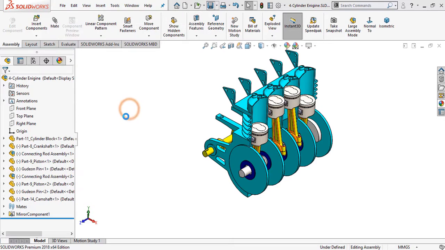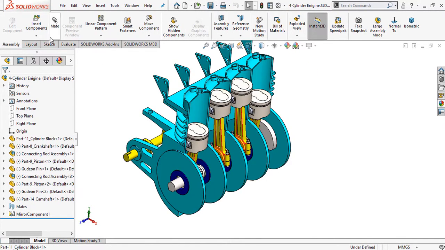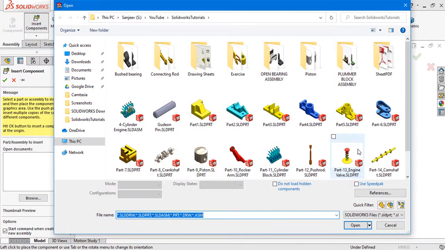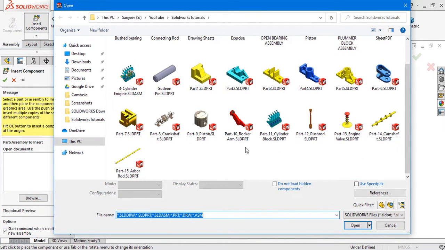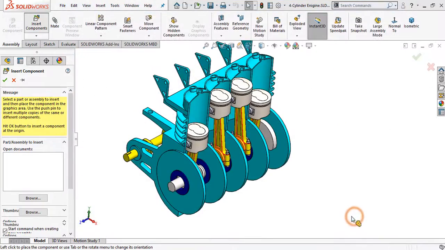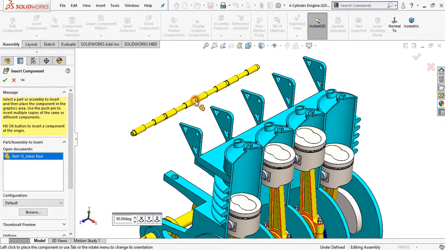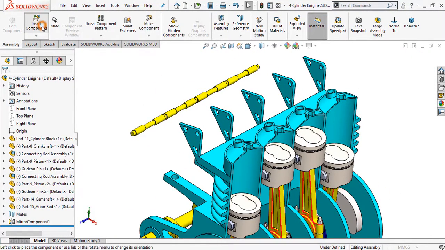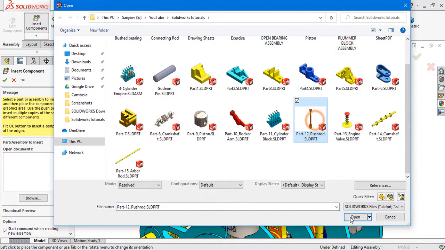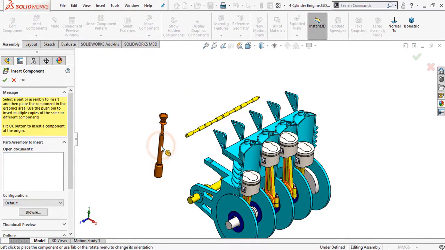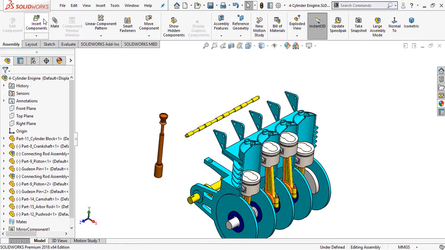Save this. Now here import the arbor rod and import the push rod as well. Okay. Now go to mate,